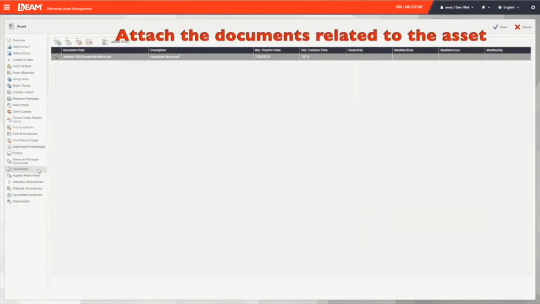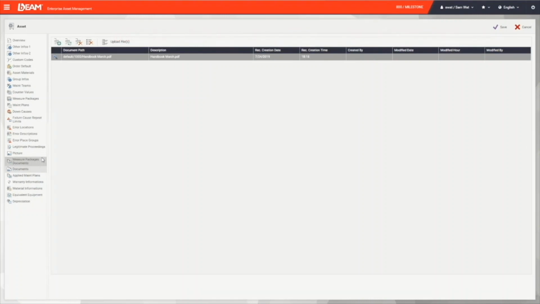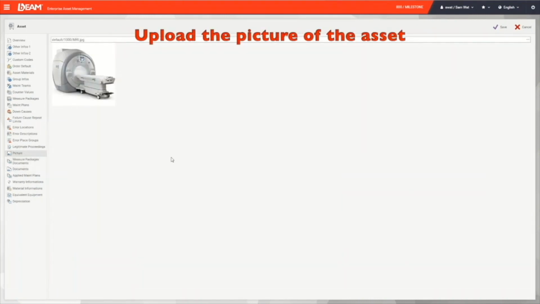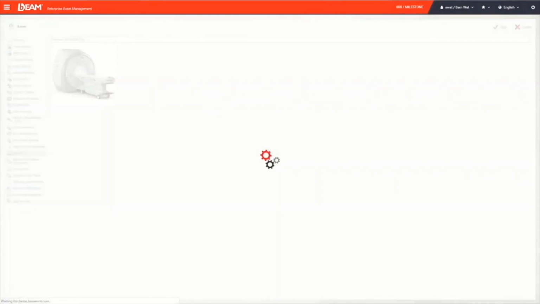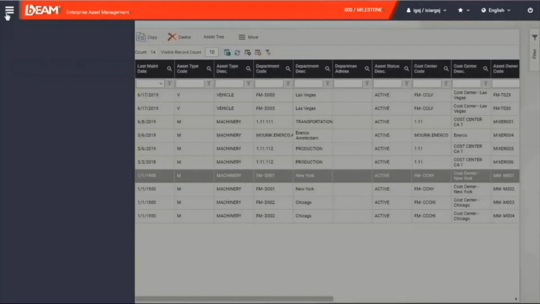Any handbooks, instructions, or certifications can be attached under the document fields. You can also upload a picture of this asset here too. After you fill in all the information, you can save it and the new asset and its information will be saved